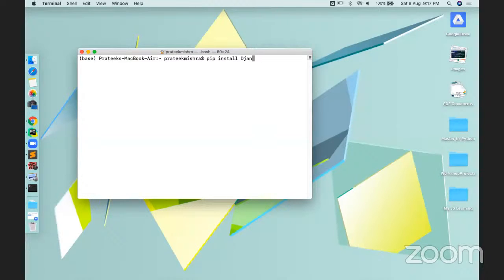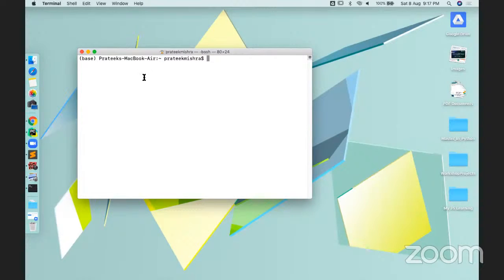Import command will not work here, guys. Like if anyone is working like this, import Django, right? So it will not work here. It will say that import is not defined as an internal command, or any other error, right? So just after installing your Django,